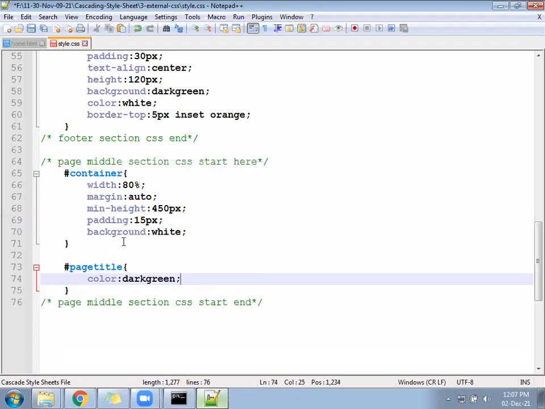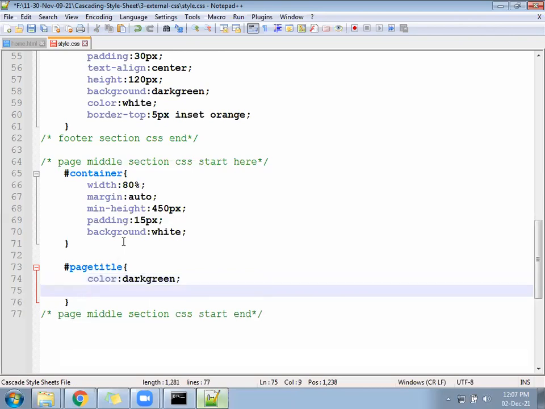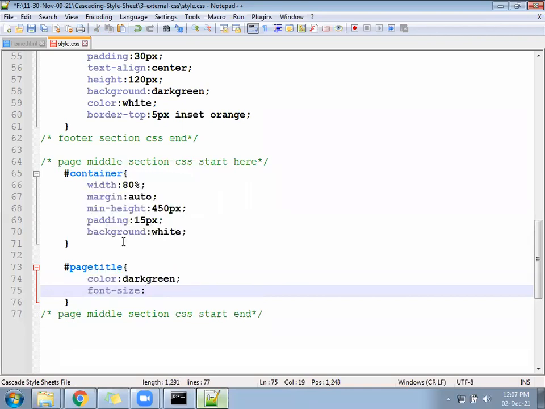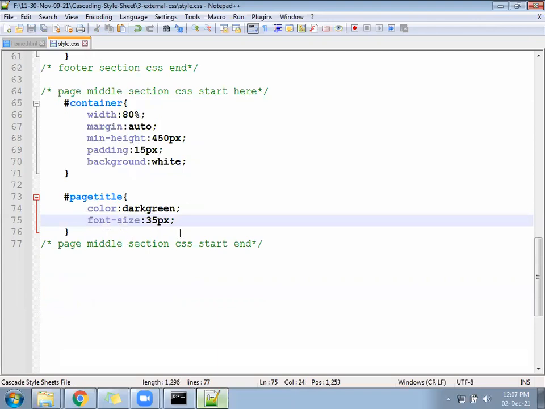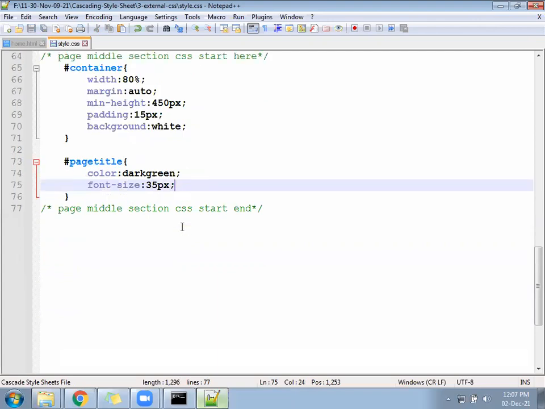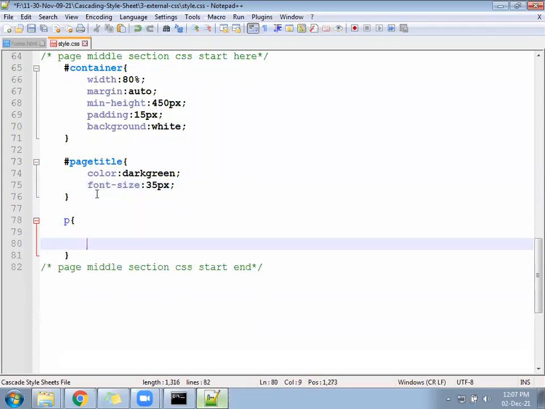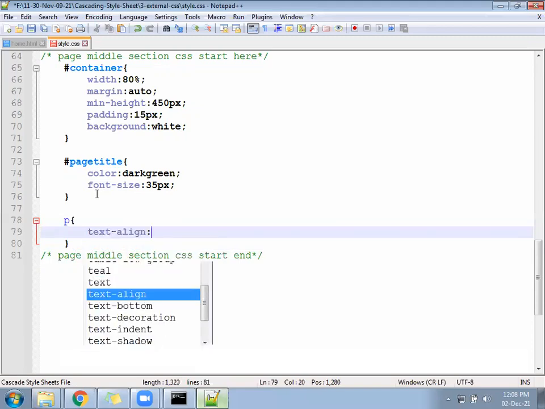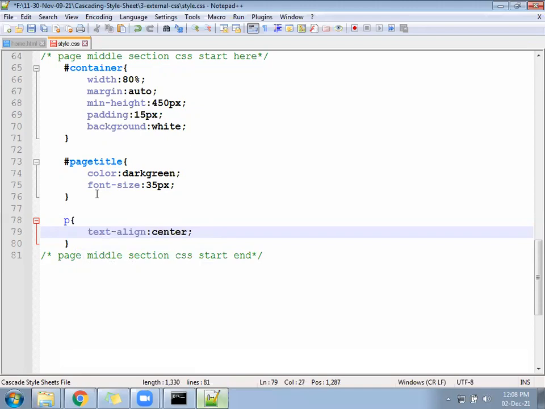And font size, H1 size, keep somewhere 35 pixel. Next you will follow a p tag. For the p tag you will write text-align center. Whatever you write under the paragraph anywhere inside the project will start from the center.